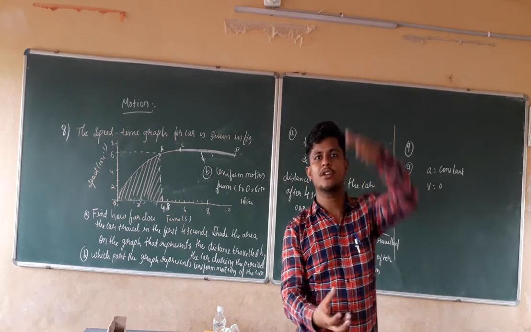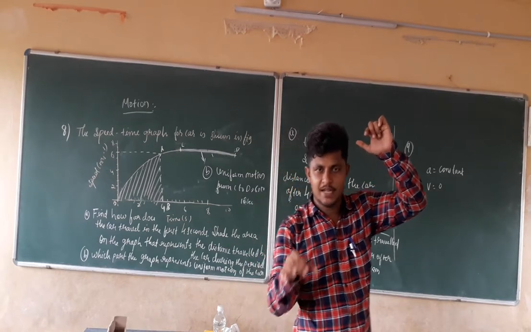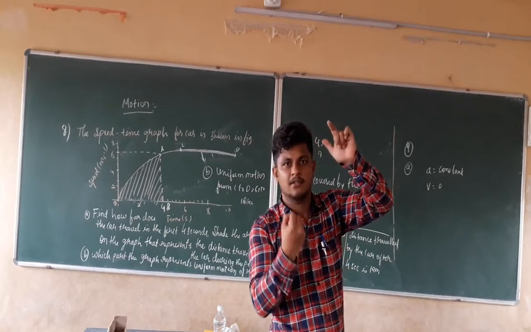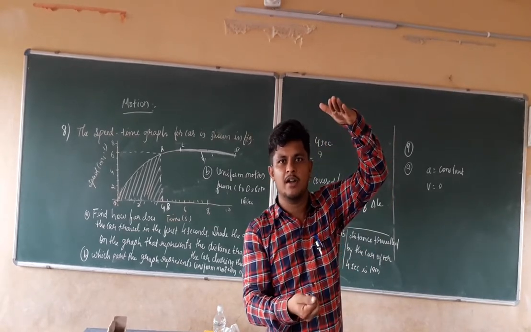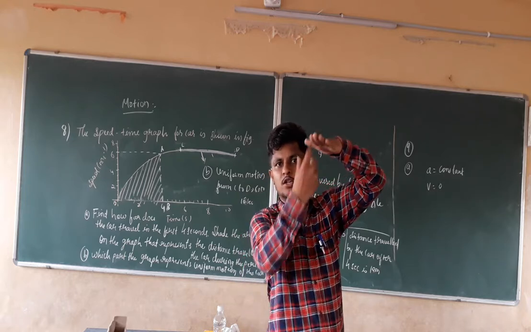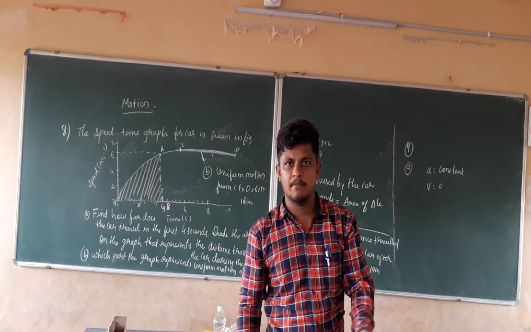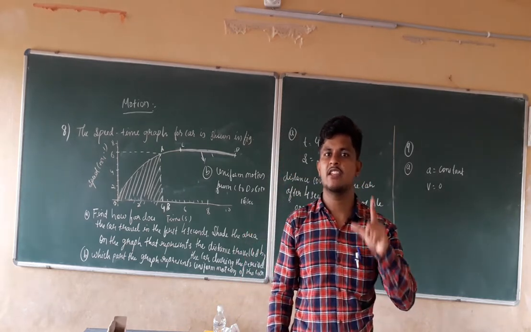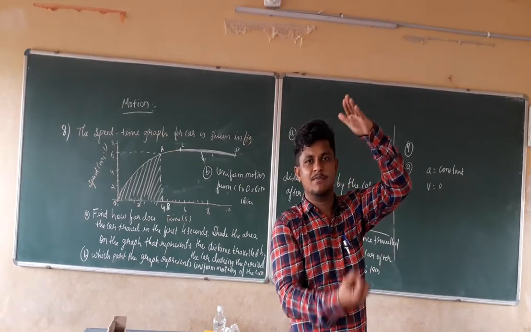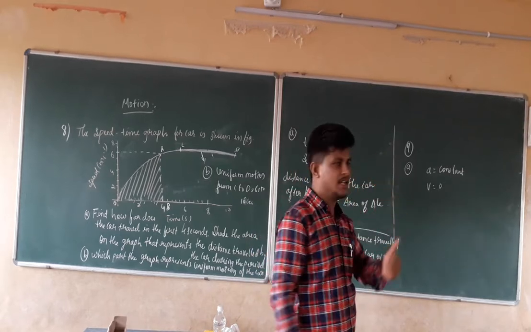But acceleration due to gravity, that is nothing but the gravitational force present in the earth, is pulling the ball towards it. Actually it is stopping there for some time. The velocity is still 0, but it is pulling towards the earth. That means acceleration is there. And remember, acceleration due to gravity always has a constant value. So in that condition, we can say that acceleration will be constant.